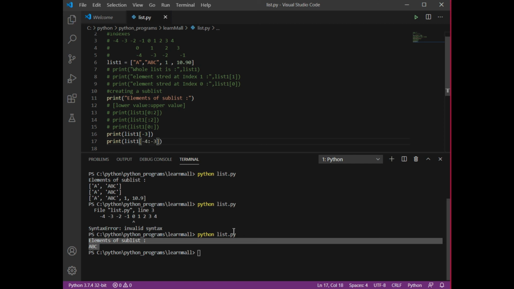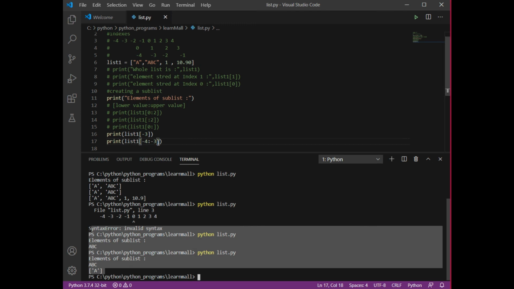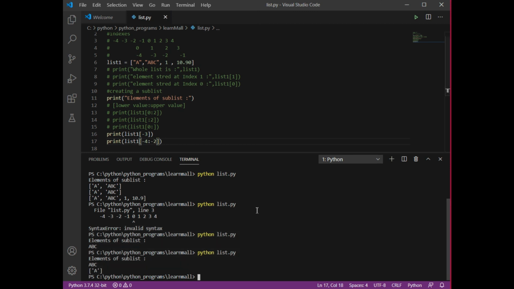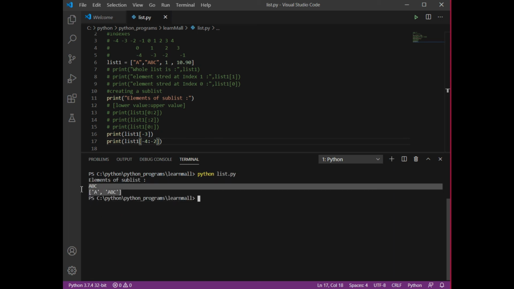So it is going to give me those two values. No, it won't give me those two values, it will give me only a single value. Why? Because the upper bound is not inclusive. So if you want to have two values, you need to write -2. I'm going to save this, clear this, and run this. So it will give me A, B. Now that is your choice. This is how you can deal with the sub list. You can make a new sub list out of the given list.